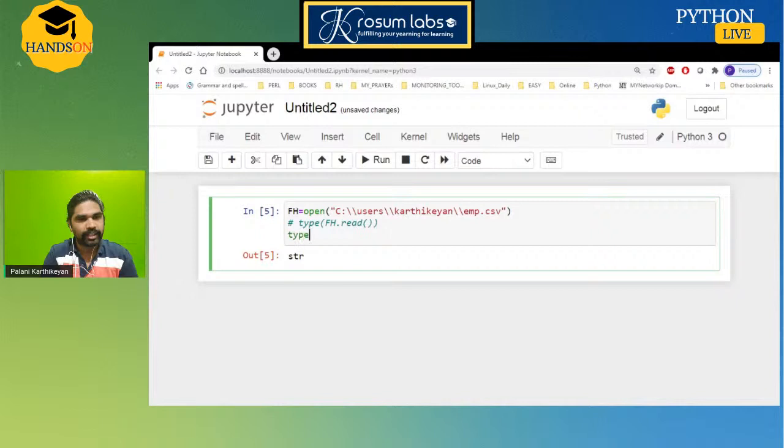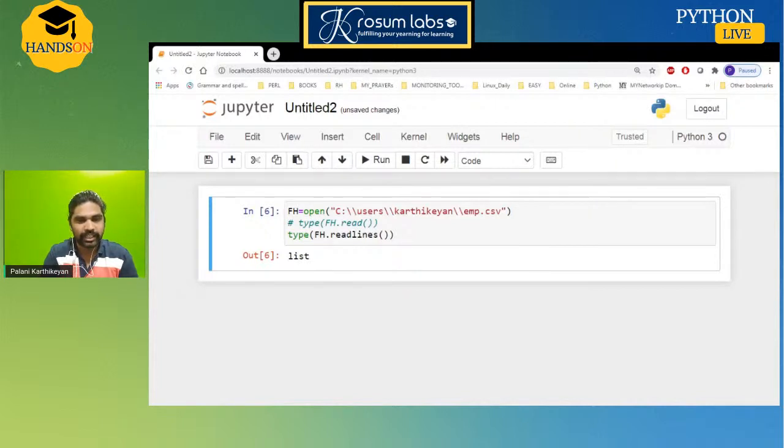One more way, we can use readlines. This is another function. Using the type function, the return type is a list. What is a list? A collection of ordered elements. A list is mutable.